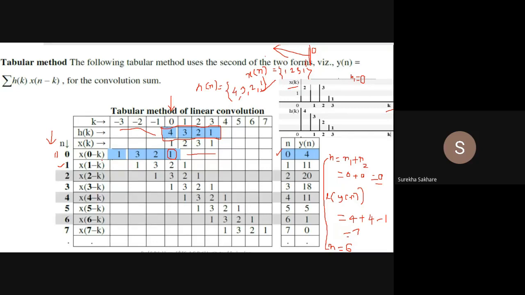1 minus k means 1 has been added to this. That means it has to shift towards the right. Because if you add a minus 3 with 1, what happens? It becomes a minus 2. That is what the meaning is. So here it is going to move in this position from this. So 1, 3, 2, 1. So one movement has been done here. So this whole thing has been shifted to the right side.